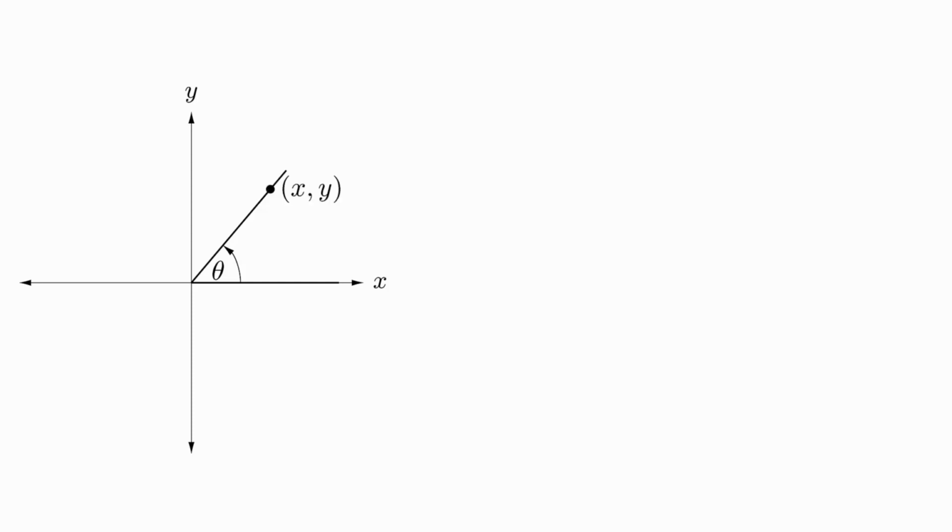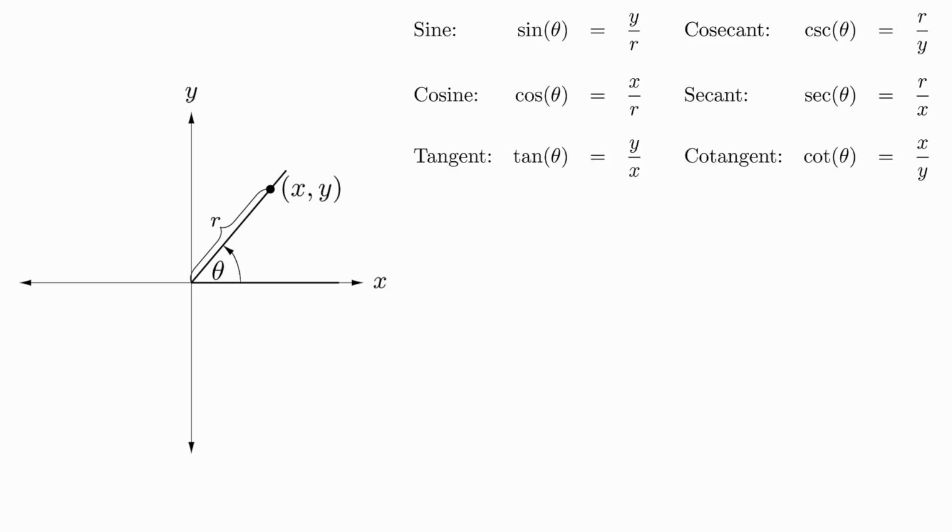So far, we have looked at trigonometric functions from the perspective of the unit circle and with right triangles. We can also look at the trigonometric functions using almost any point on the plane. Draw any angle in standard position and let (x, y) be some point on the terminal side. If we let r be defined as the distance from the point to the origin, then we have these formulas for the 6 trigonometric functions.